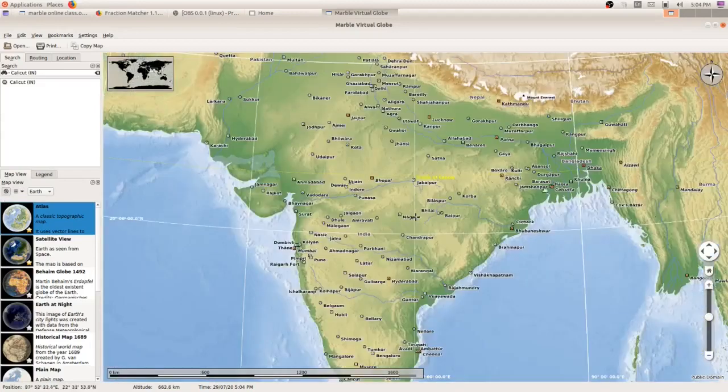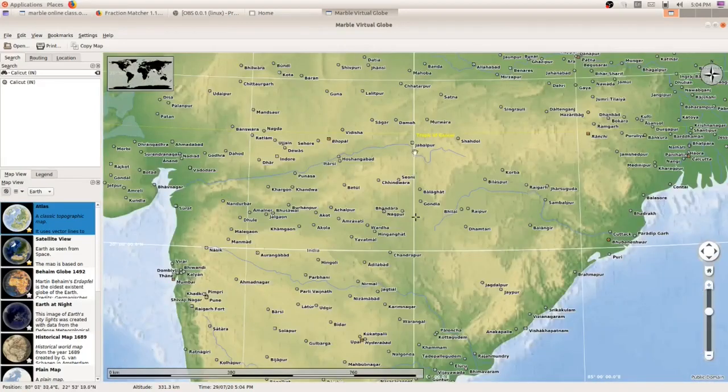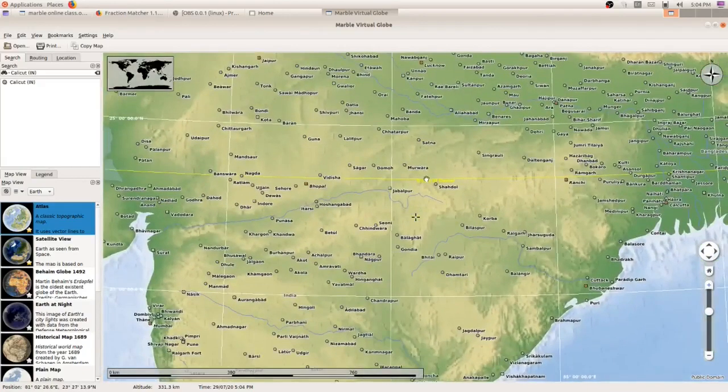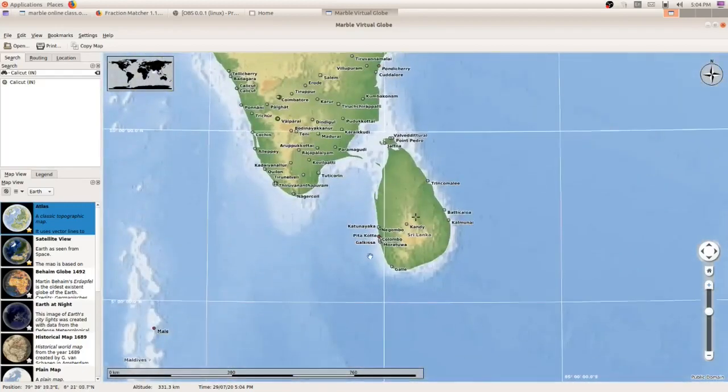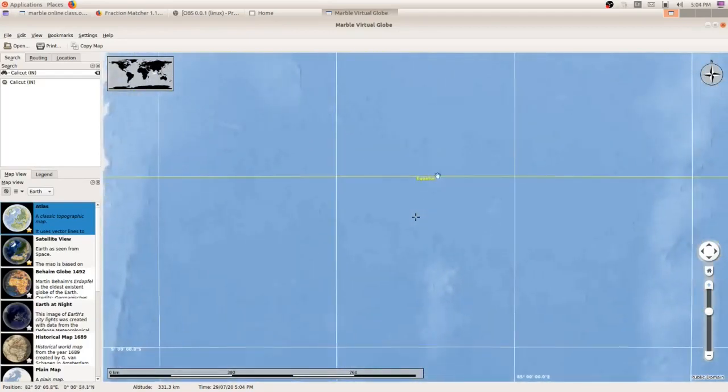Can you see here a yellow color text and yellow color line here, and this is India, and the major latitude passing through India is Tropic of Cancer. I'll show you the equator now. Equator is under India. You can see here a yellow line. This yellow line is known as equator, which divides the globe into two parts, northern hemisphere and southern hemisphere. Okay, so these are the latitudes.